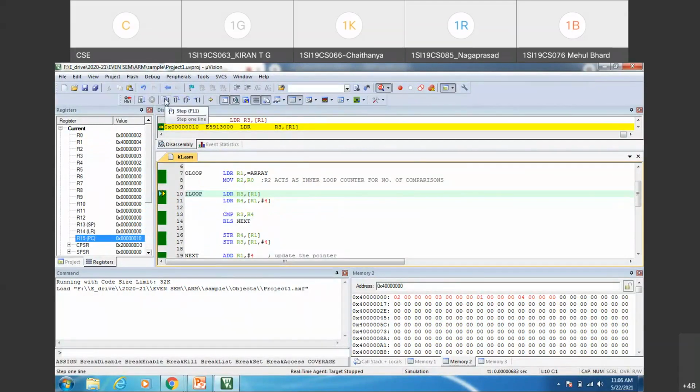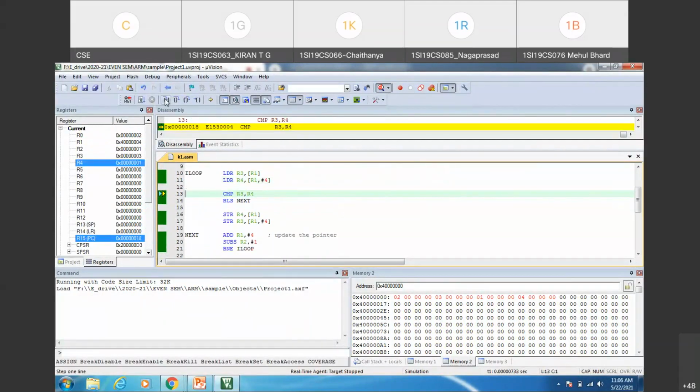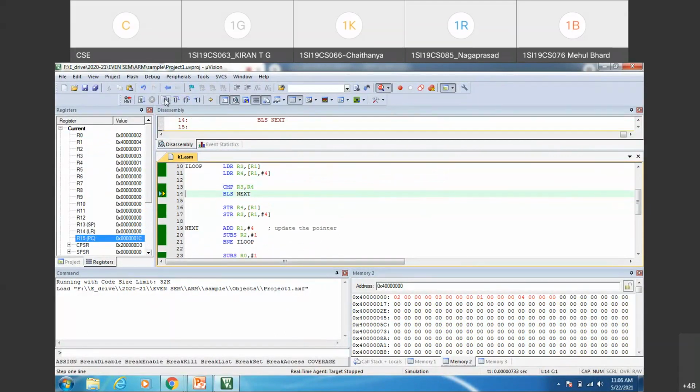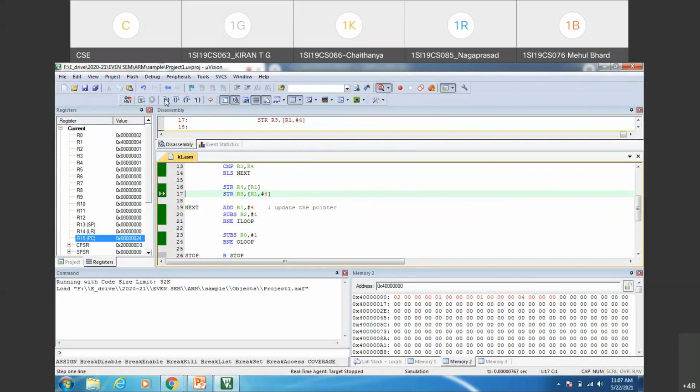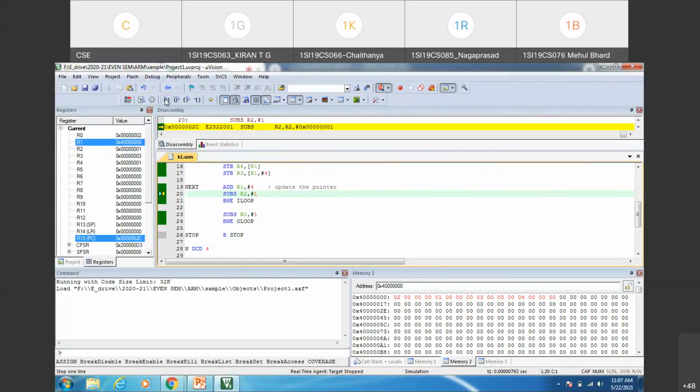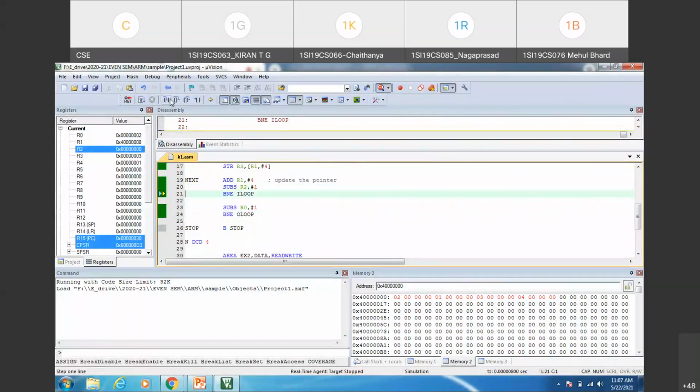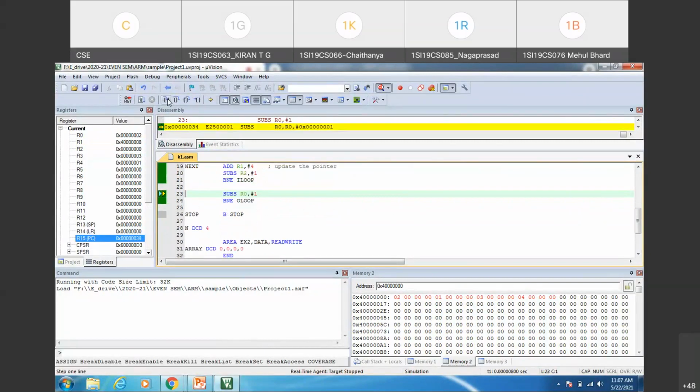These two are retrieved and stored in the R3 and R4 registers. We'll compare 3 with 1. Since 3 is greater than 1, we swap. Two comparisons have been completed, and you can see 1 and 3 are swapped and the second largest element is reaching its place. The R2 counter, once you decrement, becomes 0. Two comparisons are done, and since the inner loop counter is 0, the inner loop gets terminated.